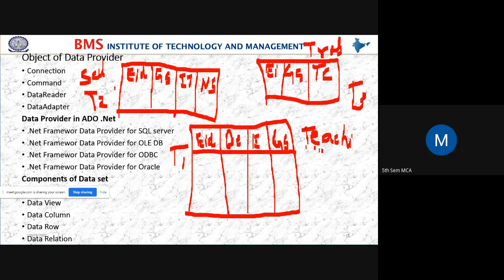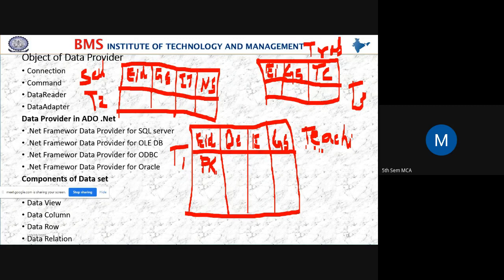T2 is the salary table with employee ID, gross salary, IT deduction, and net salary. And this is the transport table with employee ID, gross salary, and transport charges. Yes, students, here in this table employee ID is a primary key.